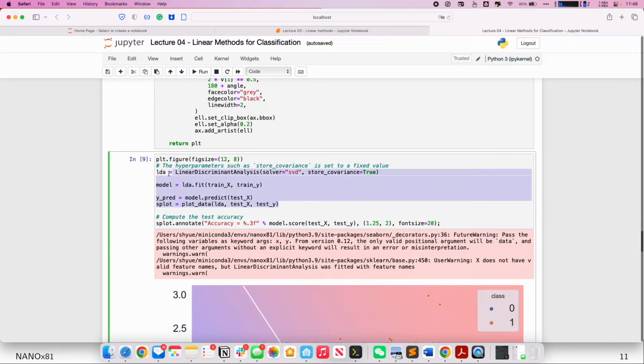You initialize your linear discriminant analysis. For the solver, you can actually choose different types, but usually the default is fine. Here I use the SVD solver, and then you just call fit on the training data, and to predict the data, you apply it on the test data. Okay,